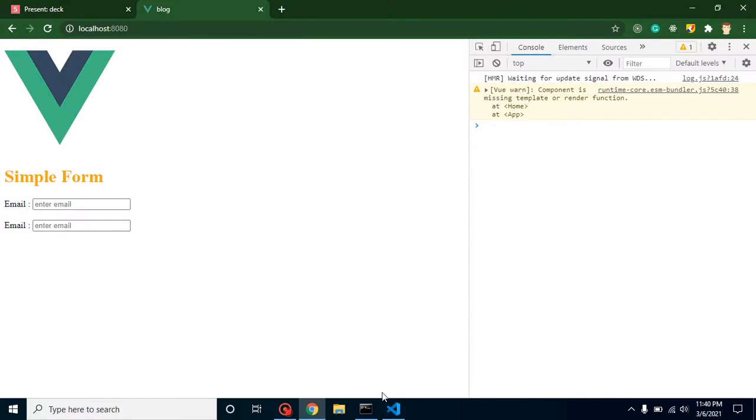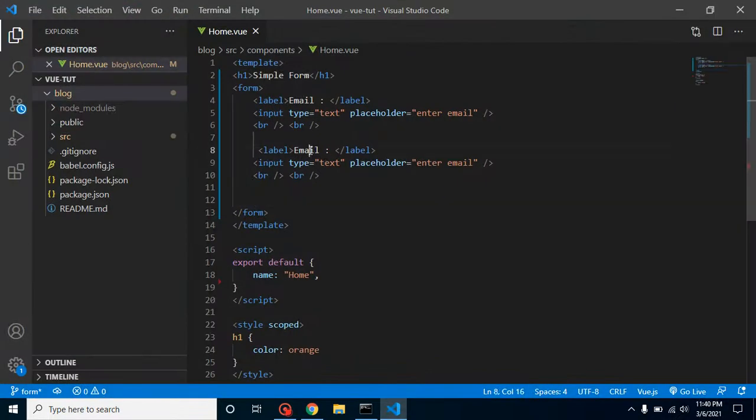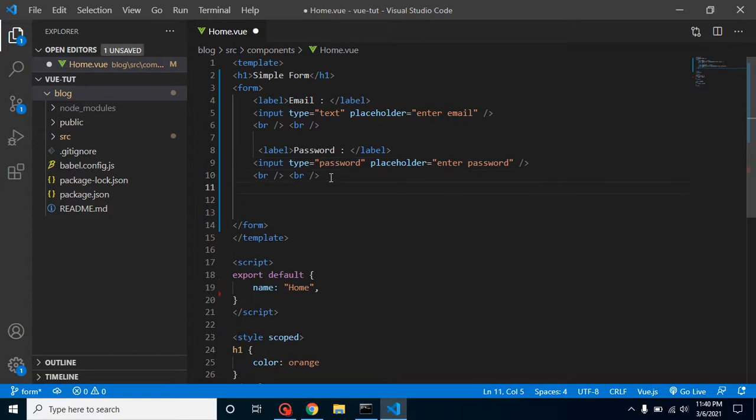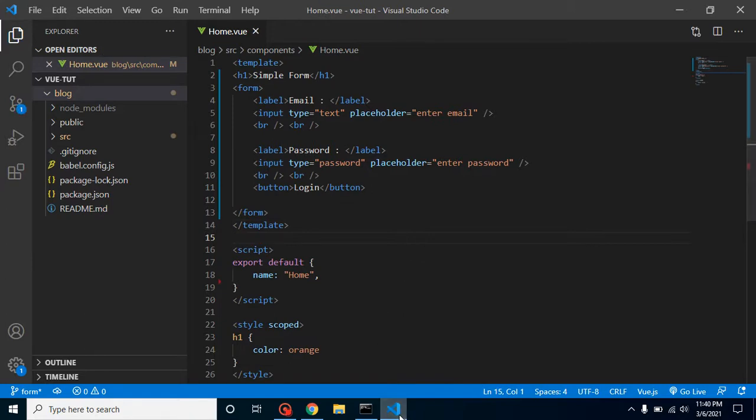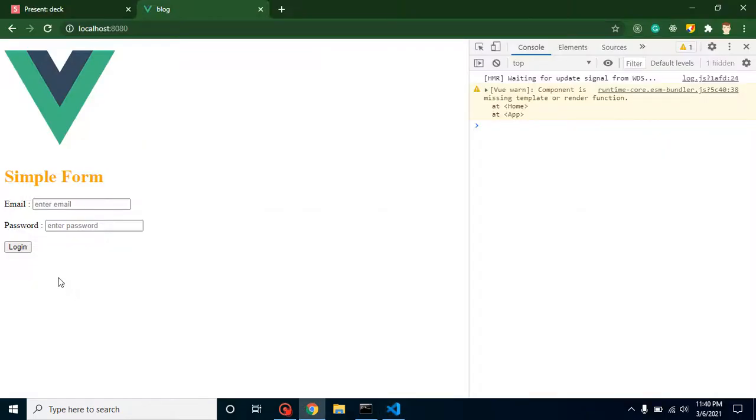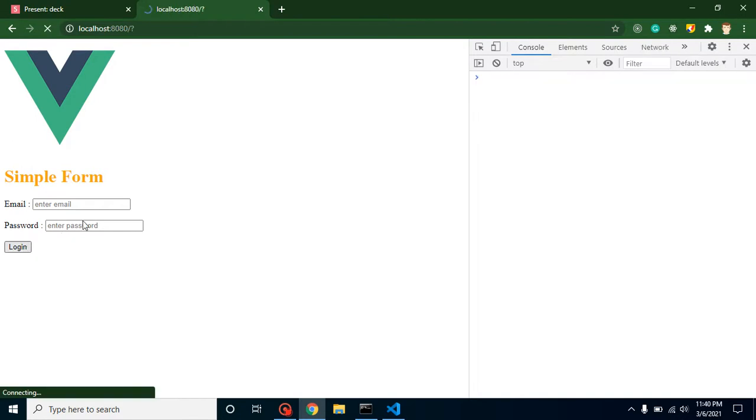We have a two fields, so let's change the name of the second field to, let's say, password, and enter password. We can just write here, and the type can also be changed because we want to hide this password in dots. And at the last, let's create a button, close it, simply put here login like this, and let's check out the output. This is looking like a decent form, right? That's okay, but there is nothing working for the moment.